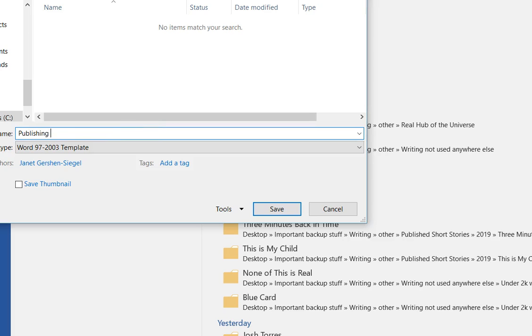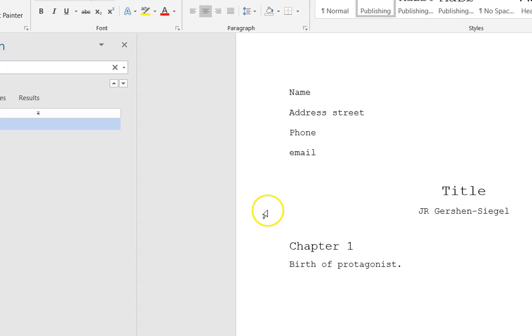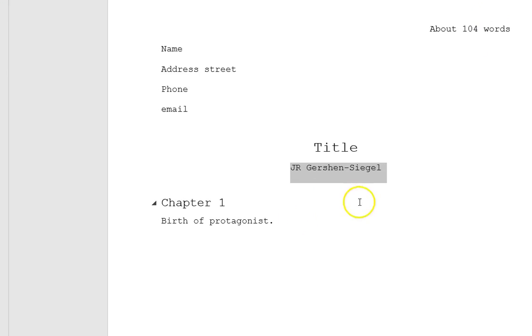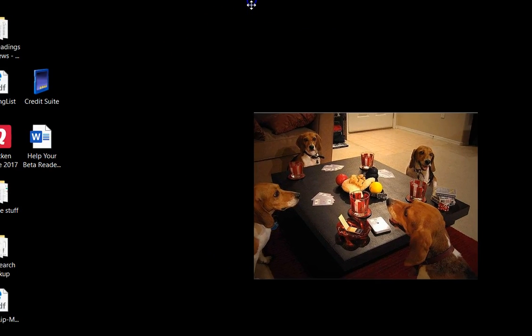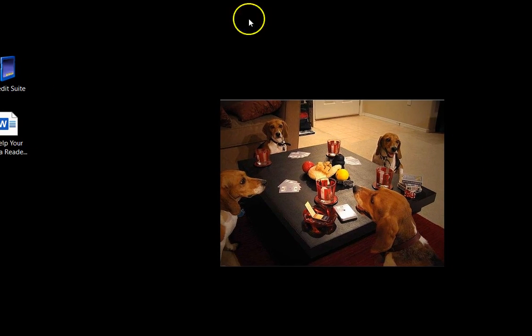All right, and save. Usually it's going to like it. Yes, save it. So this is now a publishing template, and all of this stuff I can just reuse over and over again. So if I close this and I go back into my desktop, where I don't know where I put the publishing template, so if I go back to this,